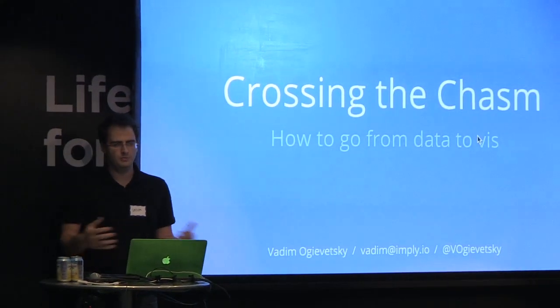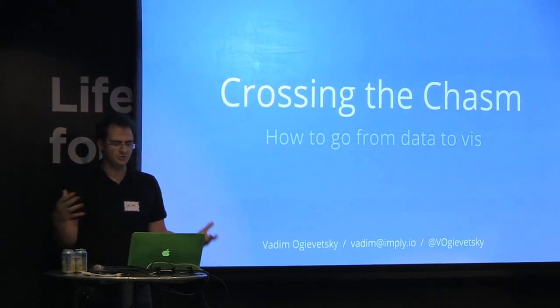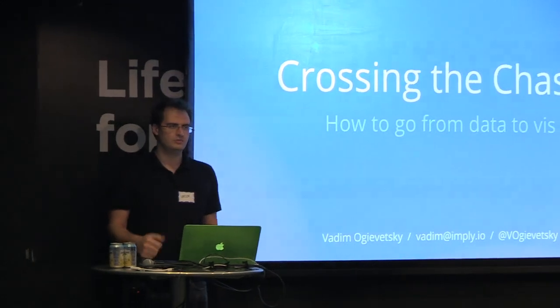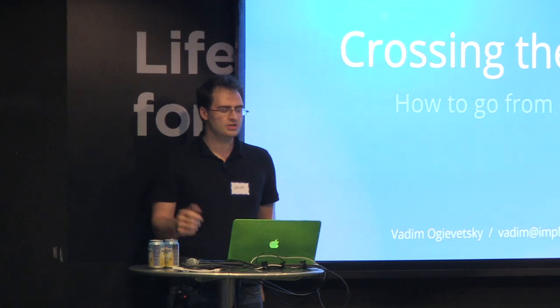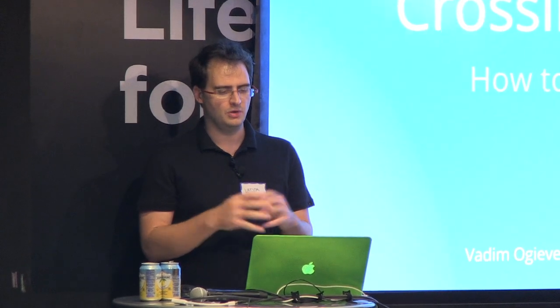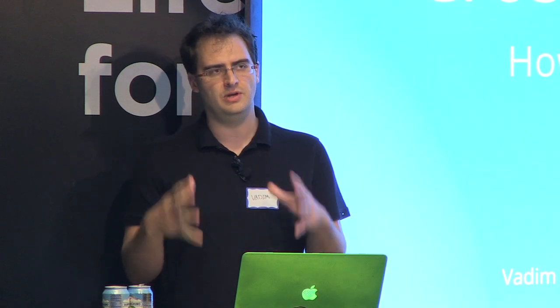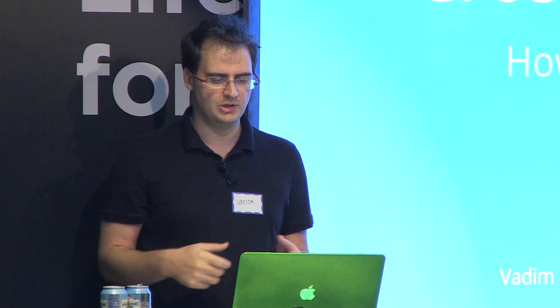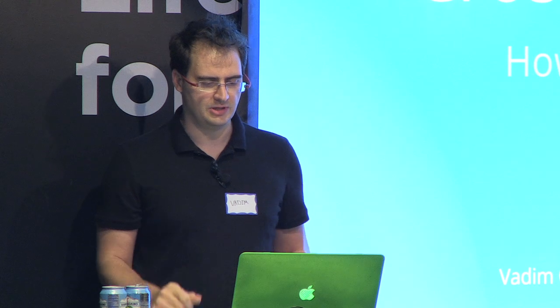But yeah, while there, the whole point of MetaMarkets was to do big data. At MetaMarkets, there was a database developed called Druid, which is really, really fast and open source. We wanted to allow people to have really awesome applications built on top of Druid, with lots of visualizations and stuff like that. I got really interested in seeing how data goes from the database to the actual visualization, and I'm going to talk about my meditations on this here.